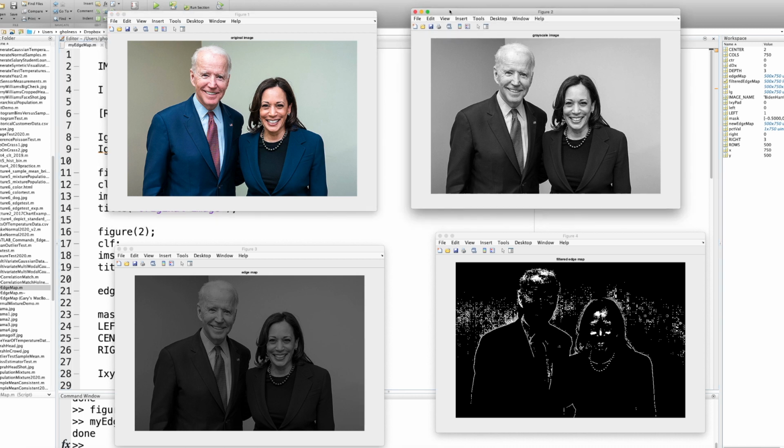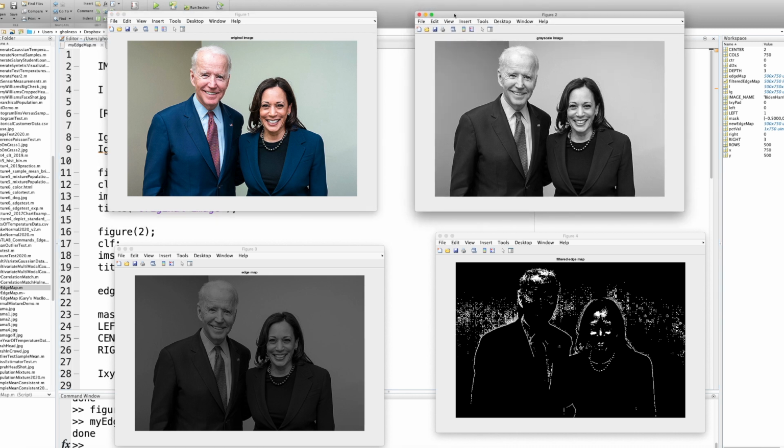Now, in the upper right-hand corner, that image, figure 2, that's the grayscale image. So that's the reweighting of the color values for the red plane, the green plane, and the blue plane equally to represent the equivalent value for each pixel along that main diagonal in the RGB color cube, or color space